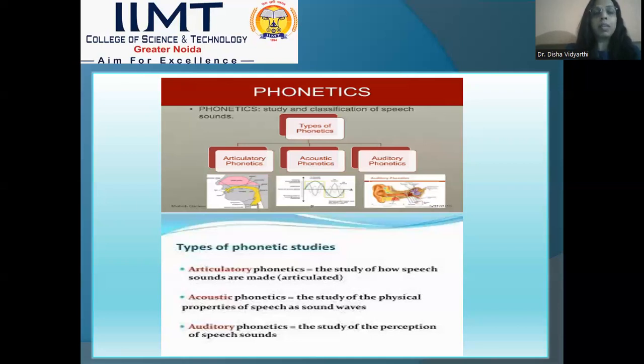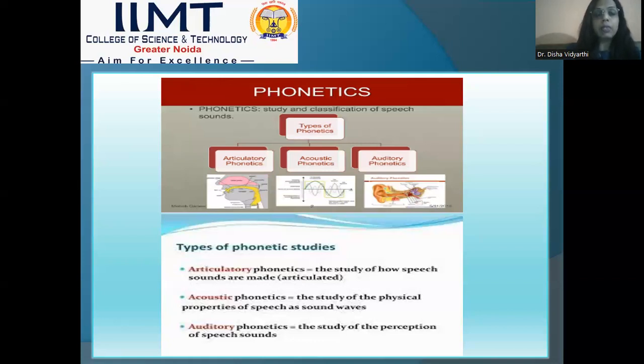First, they hear from their parents, from their siblings, from the elders at home, from the surroundings. So first they hear the sound and then they start grasping the sound, and then they are taught to write those symbols. If you talk about Hindi, first they receive the speech sounds which they naturally, by default, articulate, and then in the later stages they are taught how to write or how to articulate those sounds perfectly. So that comes afterwards. But in English, because we are not the native speakers, it is not our first language or mother tongue, it is a little difficult for us.